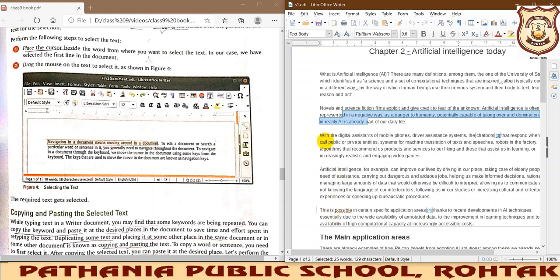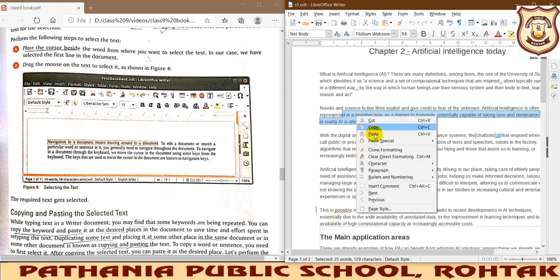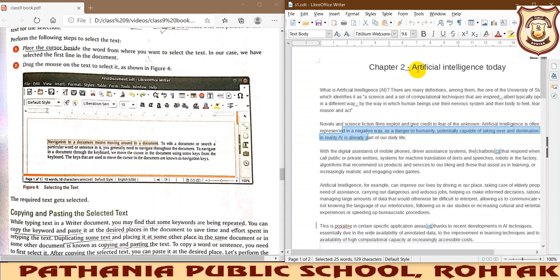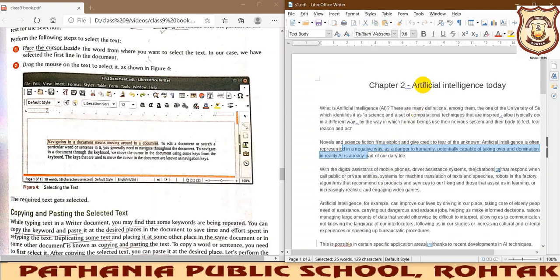There are many ways. You can use the right-click option to cut and paste also, or you can use these shortcut keys, or you can use this standard toolbar to get this operation done. Okay, just aside it, you can see Clone Formatting. What will it do? It will clone the formatting.